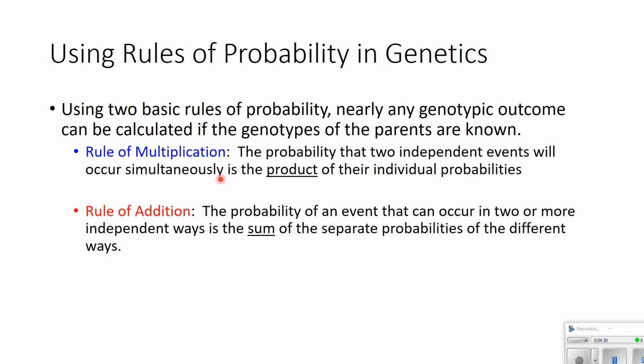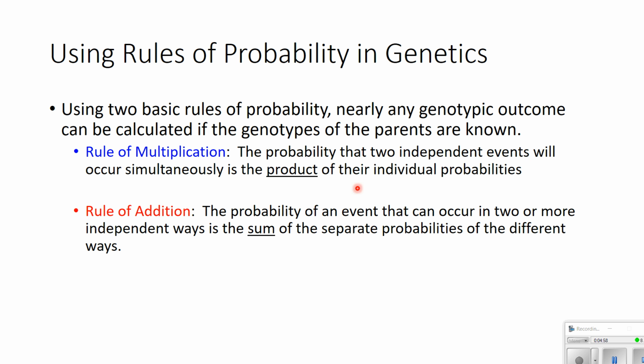The rule of multiplication says the probability that 2 independent events will occur simultaneously is the product of their individual probabilities. Now, what that means is if you toss a coin, we all know you have a 50% chance or a 1 out of 2 chance of that coin landing on